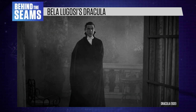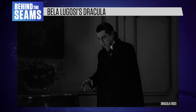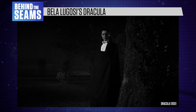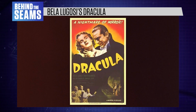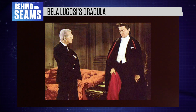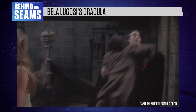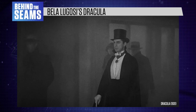Now, you may already be wondering about Dracula's colour scheme. The 1931 movie is in black and white, so the lining of Bela Lugosi's cape looks grey. When one of his later Dracula capes sold at auction, the costume itself had a salmon-coloured lining. However, some of the 1931 film's publicity photos were colourised to give the cape a red lining, echoing the earlier staged costumes. Later films and images cemented the idea of Dracula having a red-lined cloak, despite the monochrome nature of